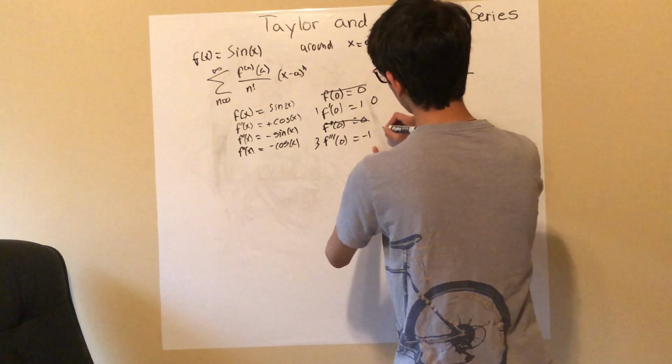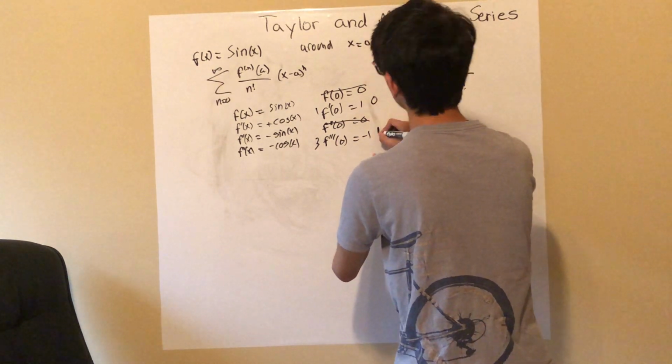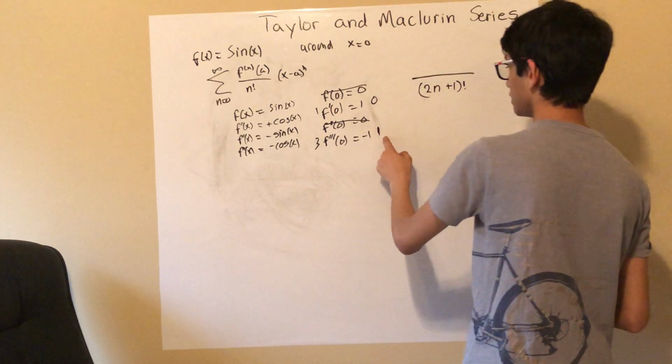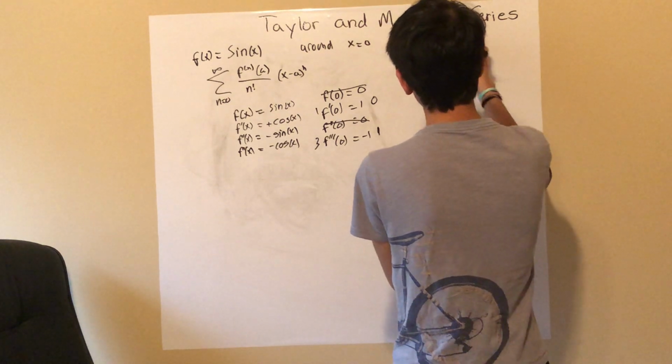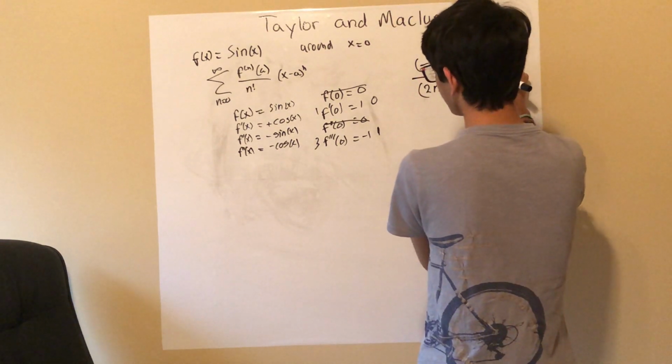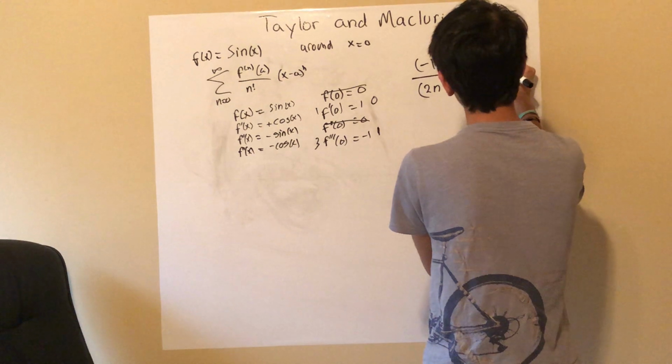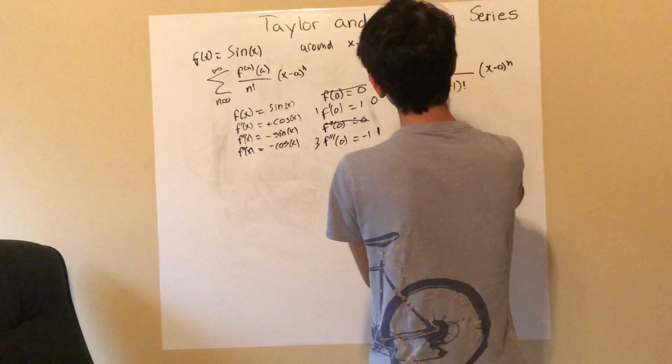So in this case, it would be negative 1 to the nth times x minus 0 to the